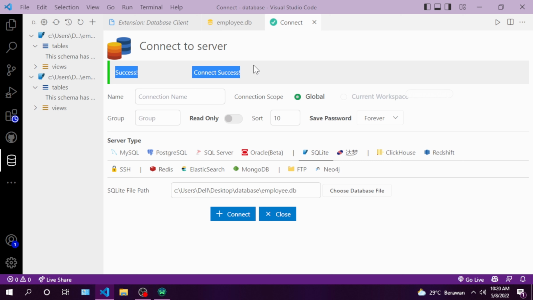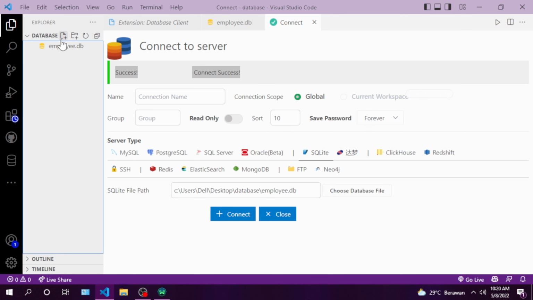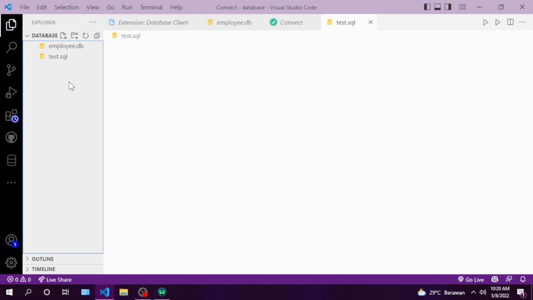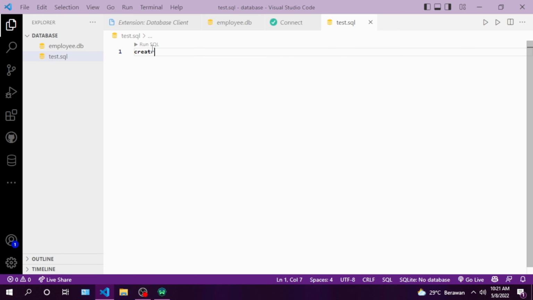And here you can see that we have successfully connected to the database. You can also see here that this schema is empty. So we will create a table and insert data into the database. For example, we will create file test.sql and then create a table called sales